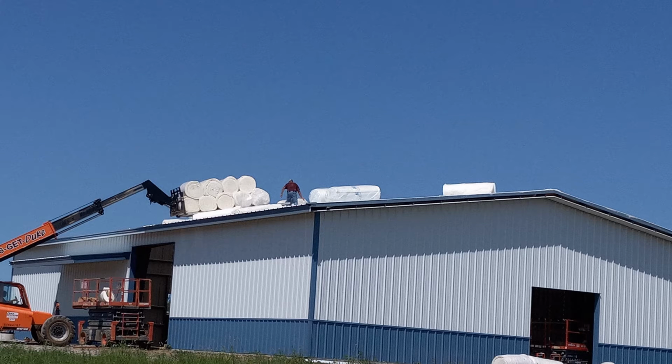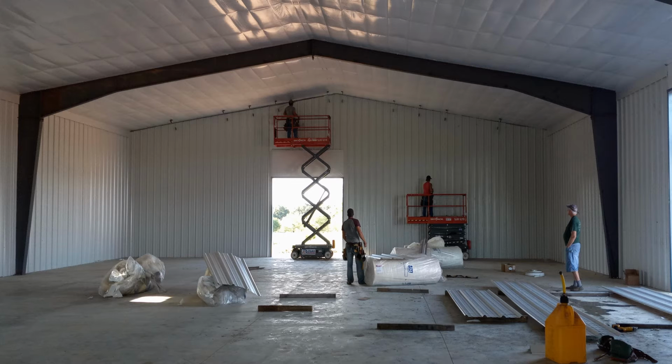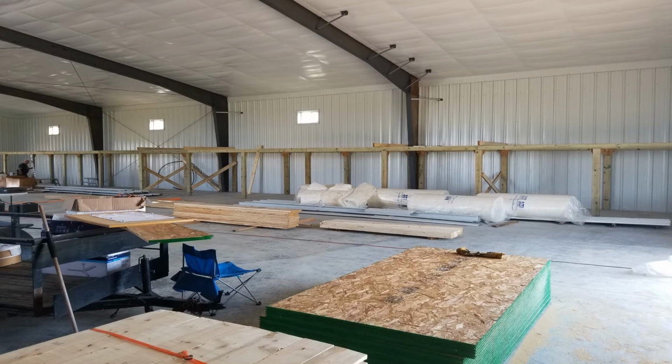And here they are putting the insulation on before they put the roof up. And here they're starting to put the metal up on the inside of the building. It's all metal on the inside. There you can see a little bit better view of it. And there it is without our garage doors. Everything was done, but no garage doors and no word as to when they were going to come. Anyways, we went ahead and started building the mezzanine,